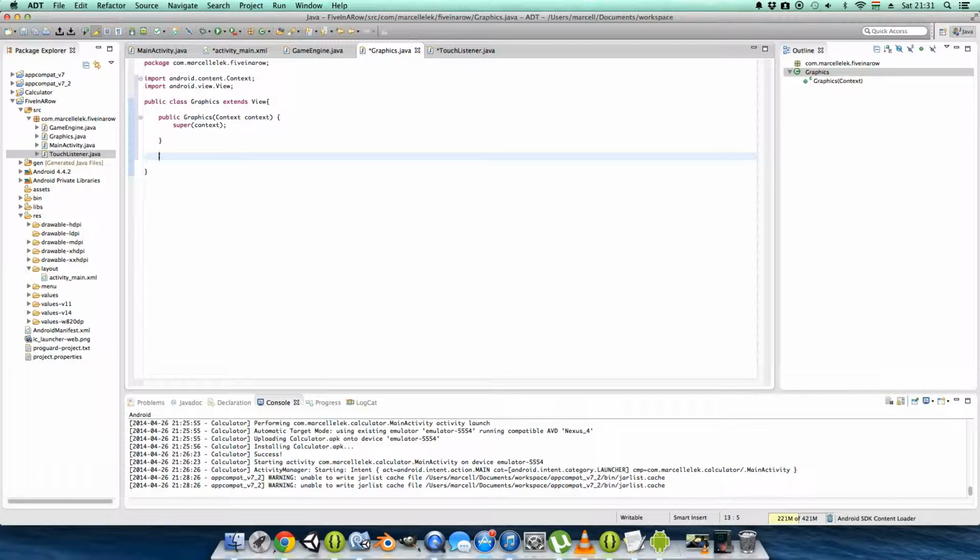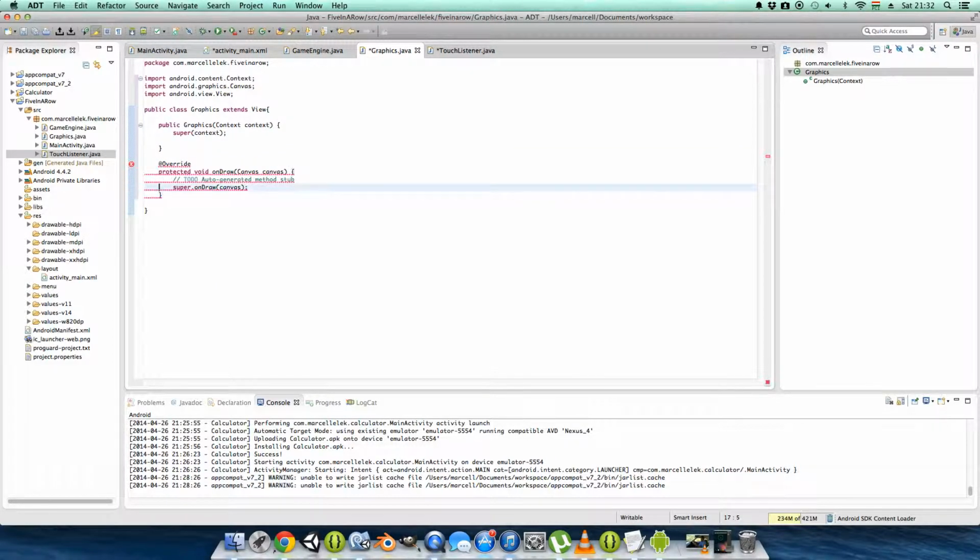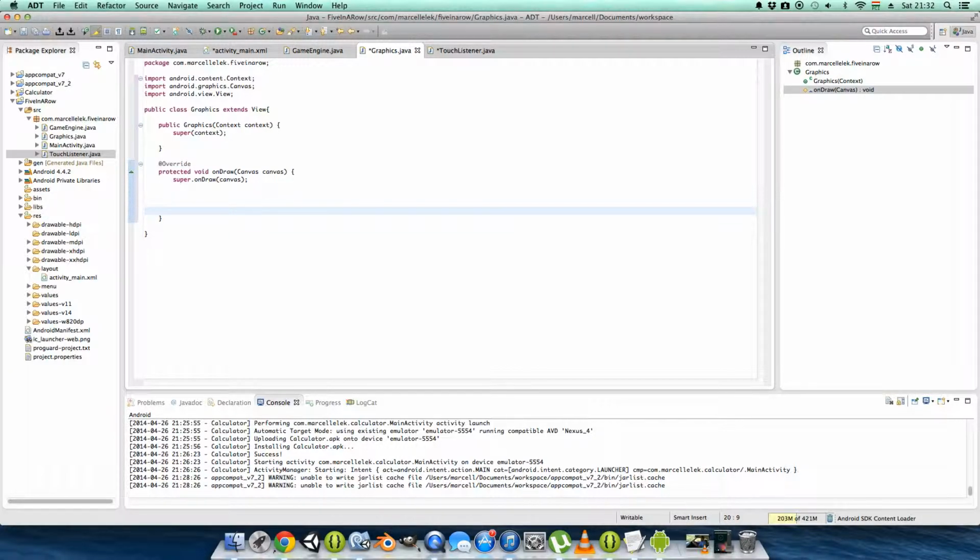You start typing onDraw, and you press command and space, and you can make this function super onDraw. And because I want to ignore every